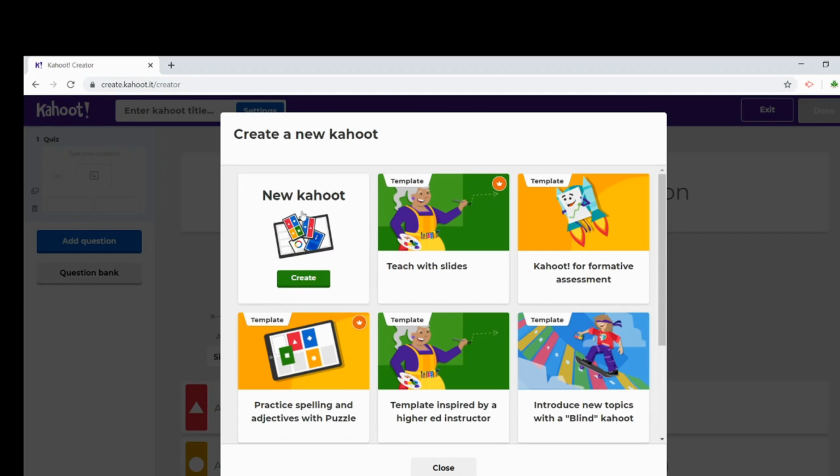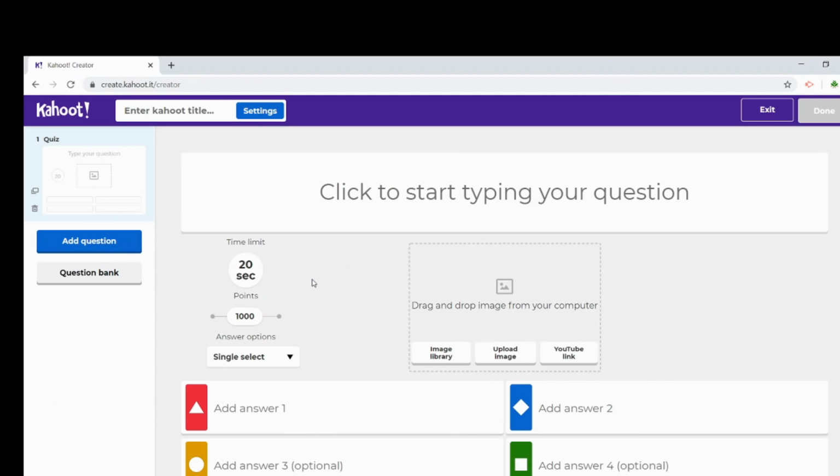Now this is the new Kahoot template. Whichever type of template you want to use, mobile-based or different types of images, you can also upload any other default or custom template. So just go to create, and these are the boxes obtained for the creation of the quiz. This is quiz one, meaning the first question. Just type the question here.